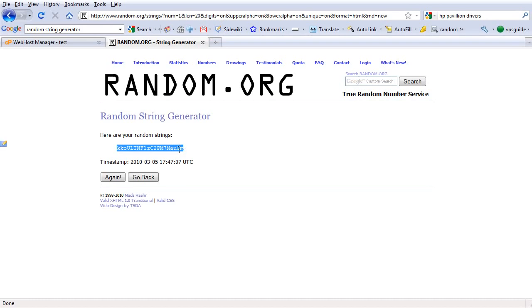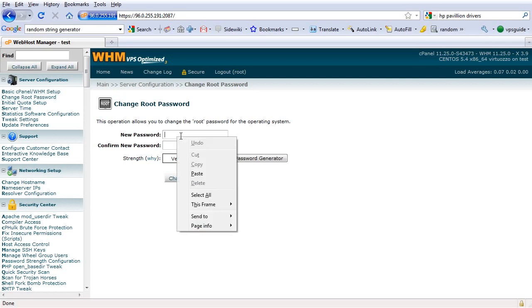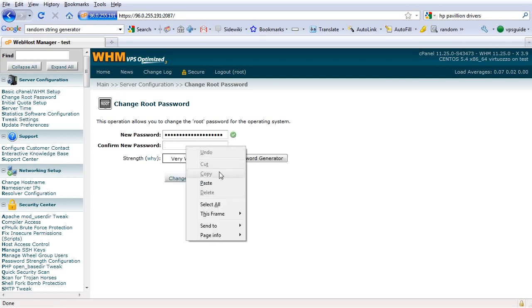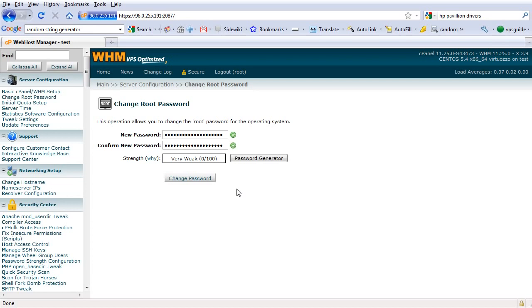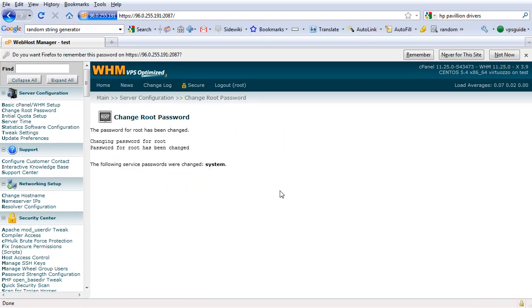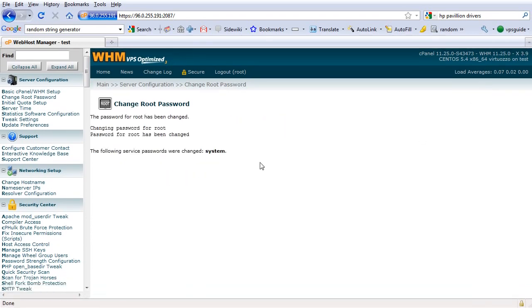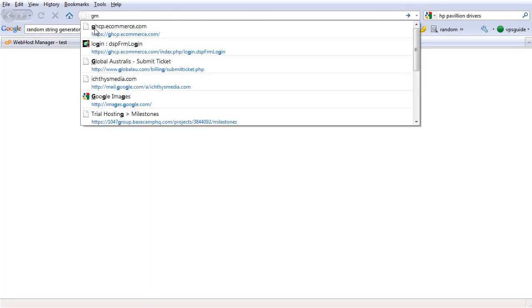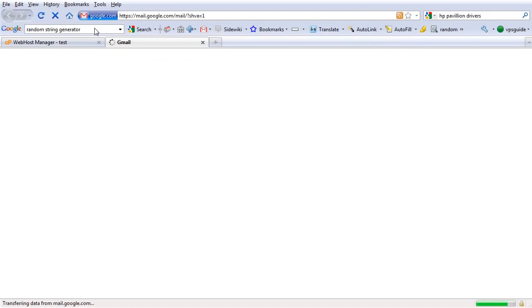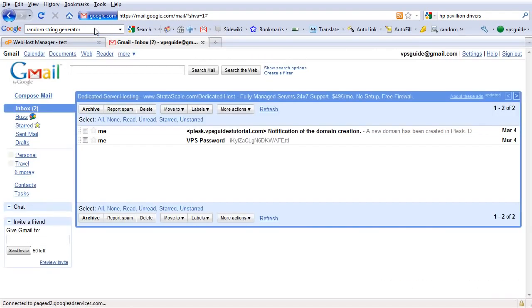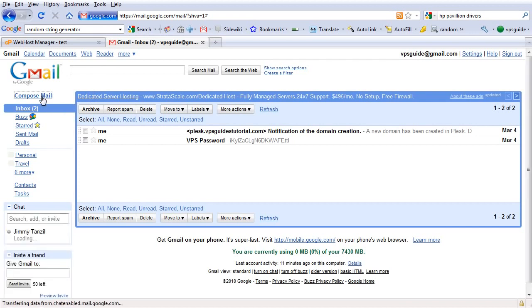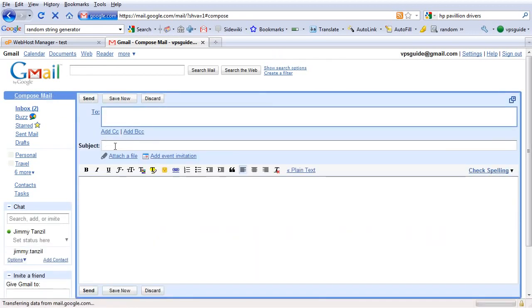I'm going to copy this out, and I'm going to use this as my new password. Okay, I'm going to click change password here. Now, to make sure I won't forget my new password, I'm going to email it to myself. So I'm going to go to my Gmail account, and compose a new email to myself